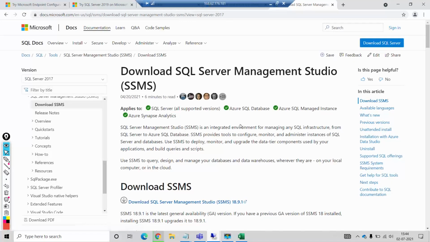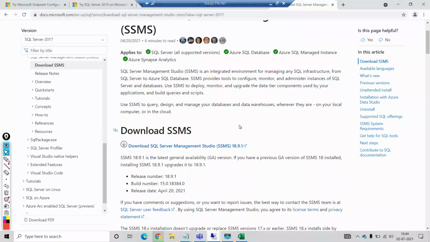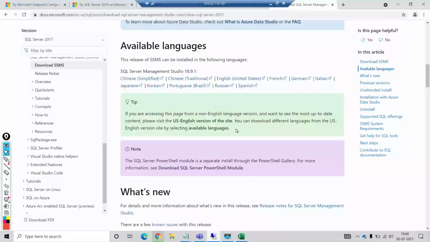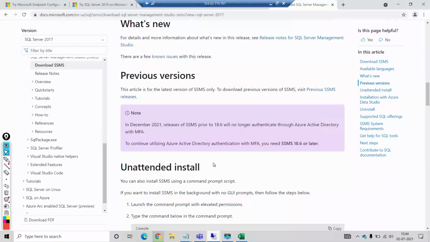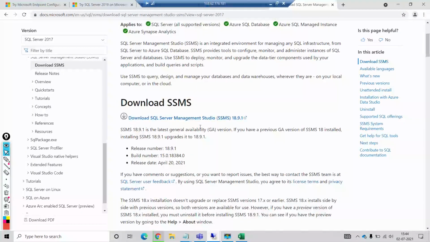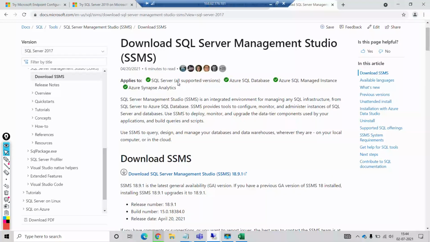So we want the 2019 version, right? So we need to carefully check which versions are supported, right? So here, 18.19. These are all the supported versions.